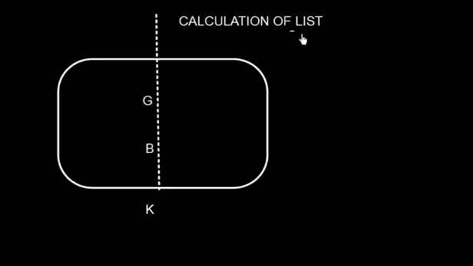How to calculate the list. Well, this is the center of gravity, and the center of gravity is at the center line. We are looking at the ship in transverse direction. Transverse direction means in port and starboard direction. If we look at the ship from aft, this side will be my starboard side and this side will be my